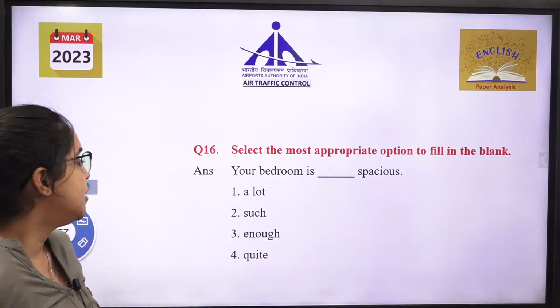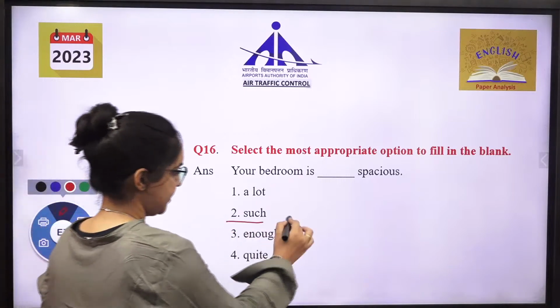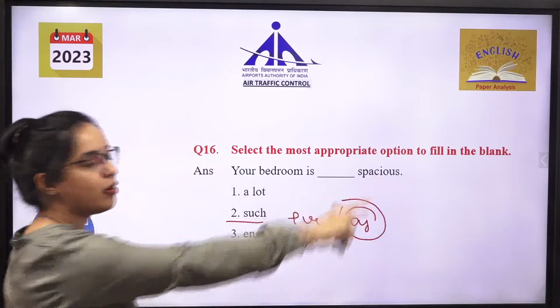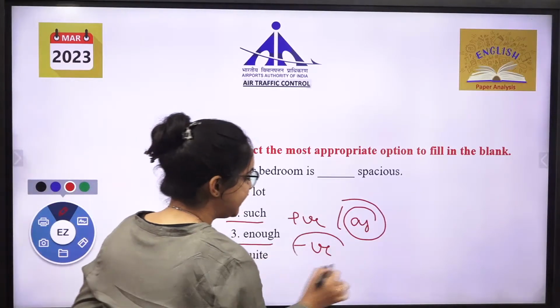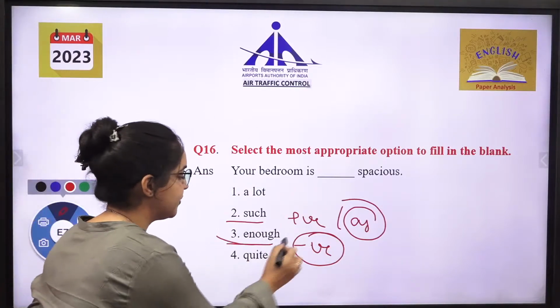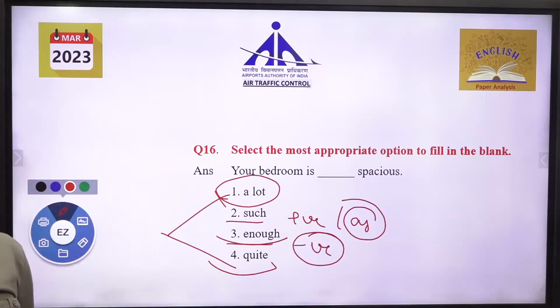Your room is a lot, such, enough, quite. अब सच होता है पॉजिटिव वर्ड. ठीक है. सच के साथ हमेशा याद रखना एज बहुत केसेस में आता है. अगर लॉन्ग सेंटेंस हो तो सच के साथ एज आता है. इनफ जो है बेसिकली नेगेटिव कॉन्टेक्स्ट में यूज होता है. इनफ ऑफ दिस रूम, ऐसे करके वो नेगेटिव में आएगा. क्वाइट और अलॉट में से क्या आएगा? डिफरेंस क्या है? क्वाइट, अलॉट नहीं आएगा.